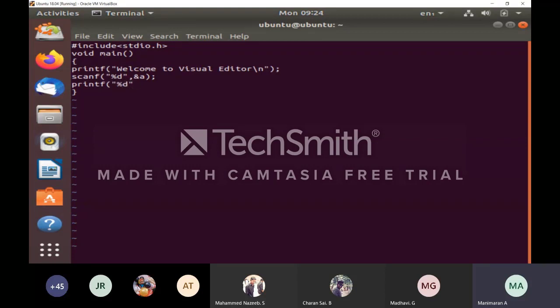Then %d, comma. I am going to print A. If you do anything wrong, then like this only it will come.